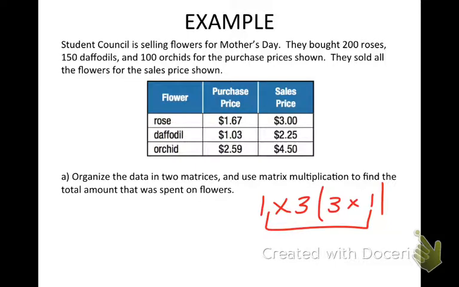Okay, so let's redo that. So a 1 by 3. I should have just put the other ones in first. Which one do we want the 1 by 3 to be? Number. Yeah. 200, 150, 100